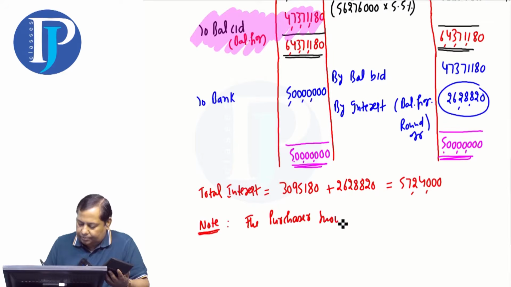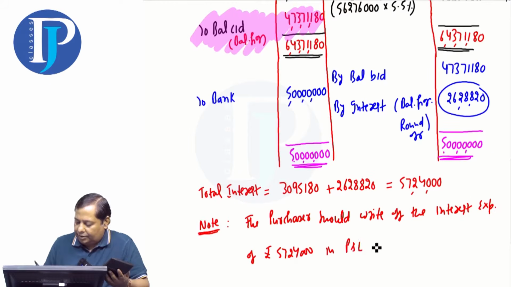The purchaser should write off the interest expense of rupees 57 lakh 24,000 in the profit and loss account,